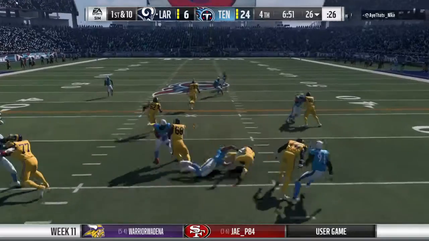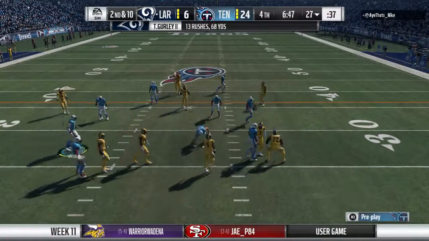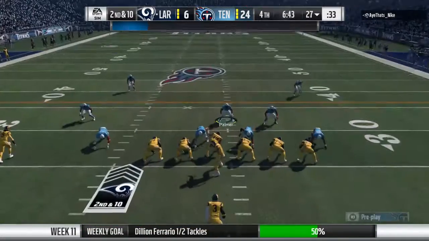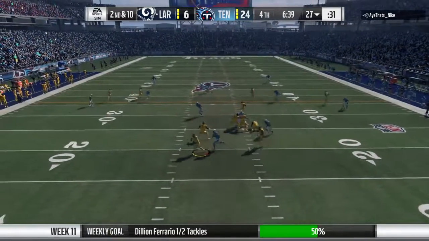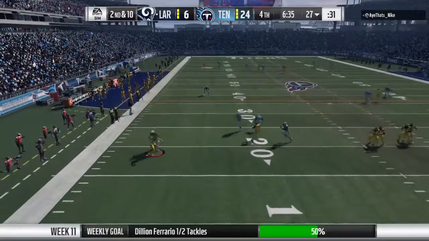They'll try and start the drive with Gurley. And he's stopped immediately there. Call it no gain on the play, and it'll be second down. No gain on that run, and while the team is down, there's still time to come back and win the football game. If I'm the offensive coordinator, though, I've got to think about moving at a faster pace and maybe